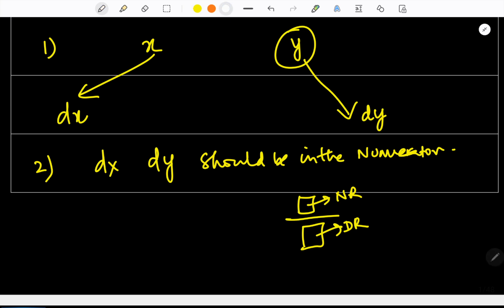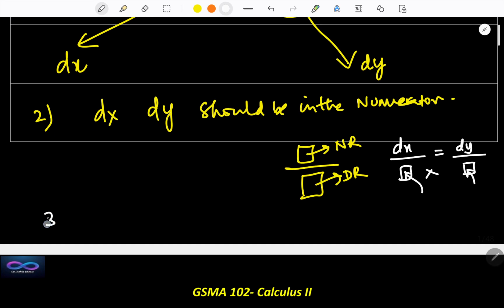Numerator means up, and denominator means down. So your dx should be here and your dy should be here. It should not come down here. This is the second point you need to remember. And the third point: once you have separated x with dx and y with dy, and made sure dx and dy are in the numerator, then